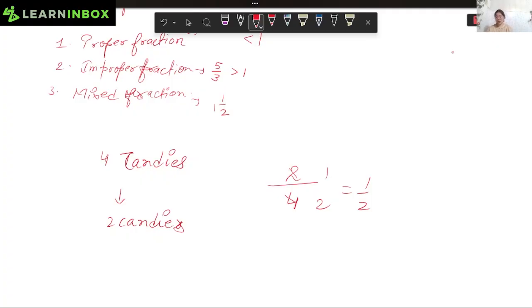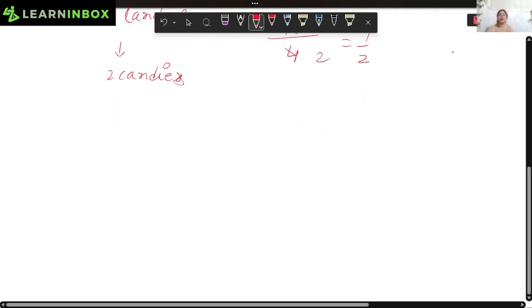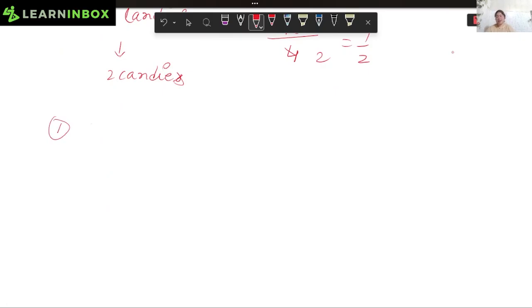So we talked about fraction, numerator, denominator, and the types of fractions: proper, improper, and mixed fractions. So that's all for today's session. But as I told you, we will discuss some questions so that you will know how much you learned today. So the first question for you is, what is the